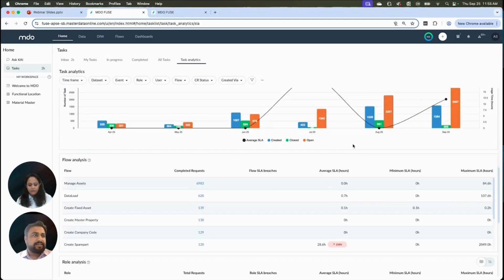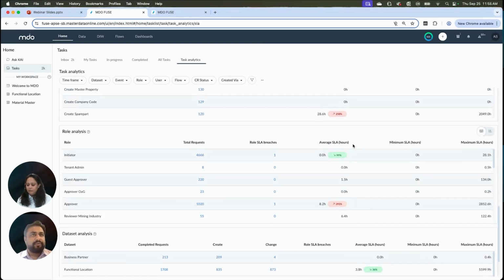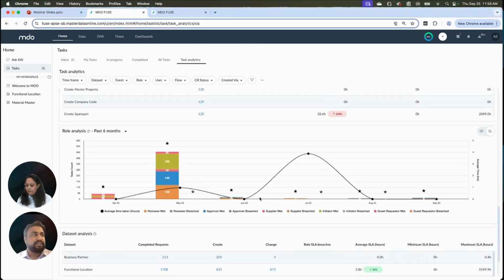That's the trend analysis we have from an overall perspective. And furthermore, from a role perspective, I can see how my trend is working for every role on a monthly basis, whether the number of records breached and number of records met is decreasing or increasing. We can even further filter this to a data set level or to a flow level to get that information. So yes.